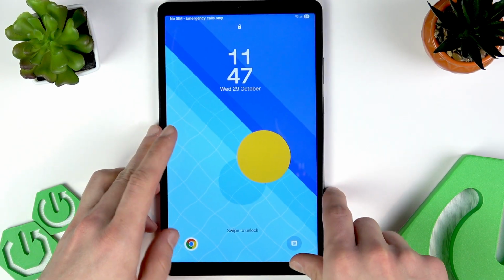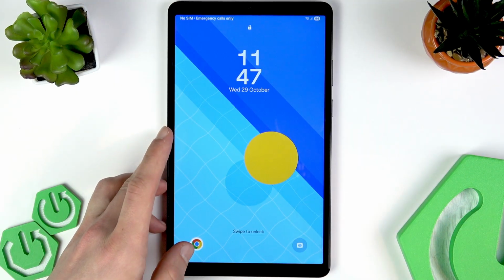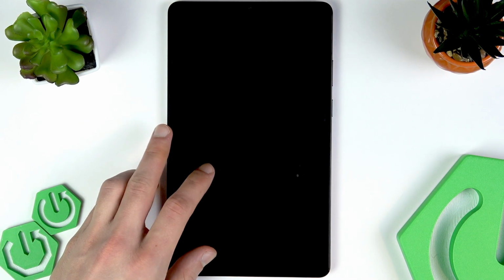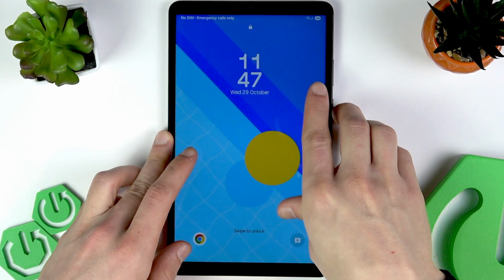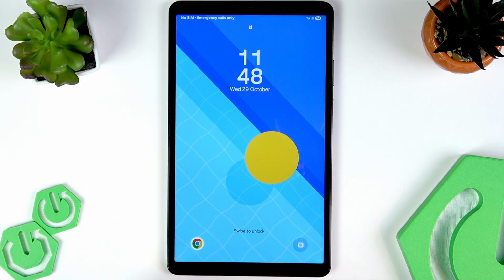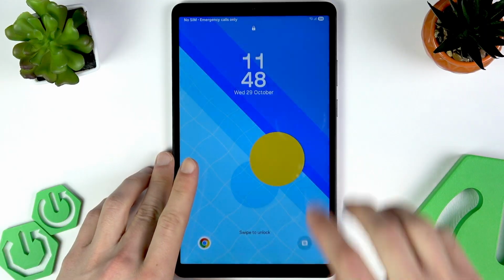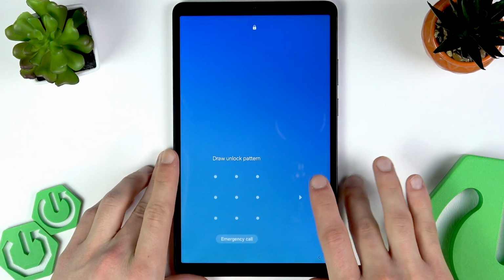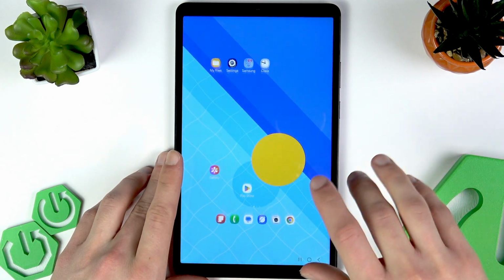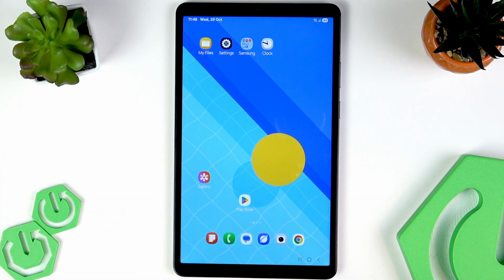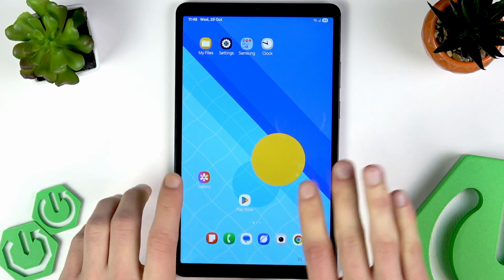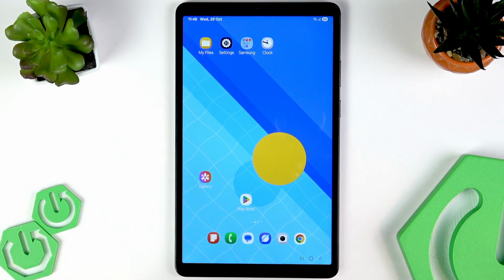In order to perform a factory reset operation on your device, you have several different options. If you want to, you can perform it locally, and you can also perform it remotely in two different ways on Samsung devices. Now let me start with the remote factory reset operation. In order to perform a remote factory reset on your tablet, you're gonna need a separate device with internet connection. It can be your phone, it can be another tablet, it can be PC,